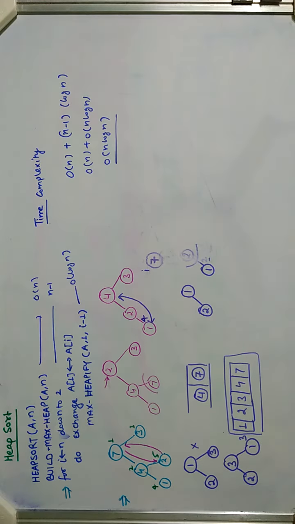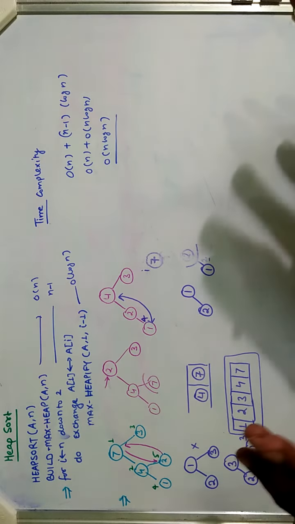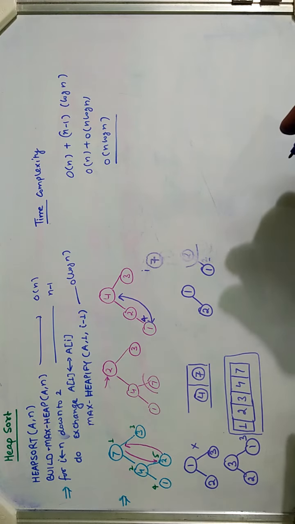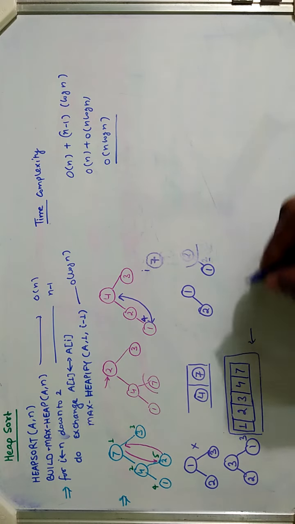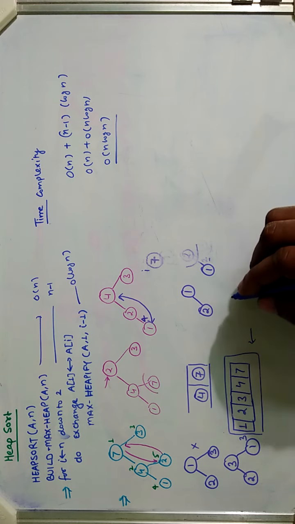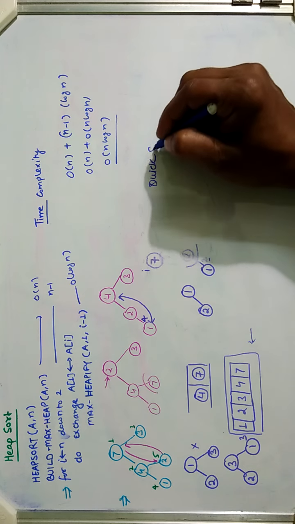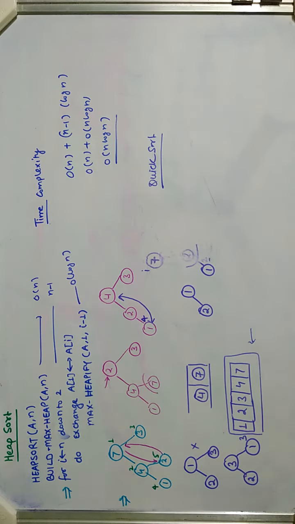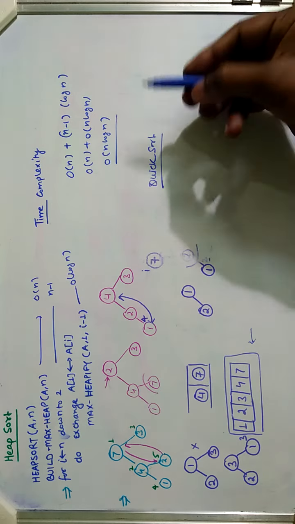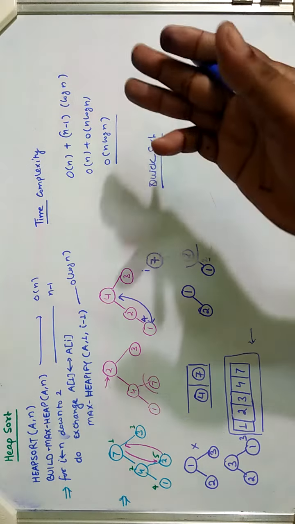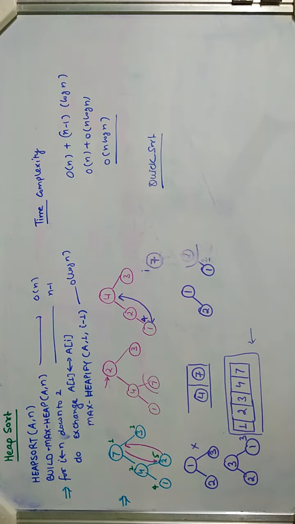So heap sort will take order of n log n time. This is a very efficient approach, because n log n time is very efficient, but it will not compete with quick sort due to the space complexity required by heap sort. Heap sort takes more space than quick sort. So the quick sort algorithm is still a better sorting algorithm, because it takes order of n log n time and also takes less space than heap sort. Thank you very much.